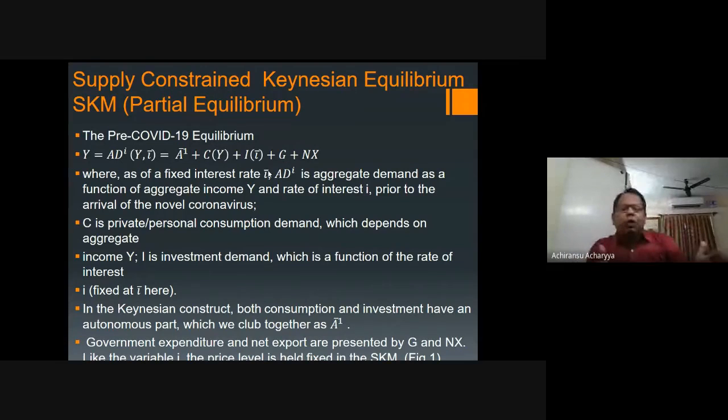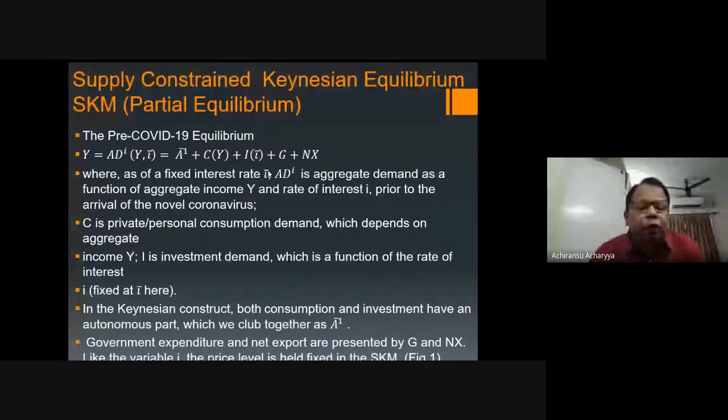So this is a pre-COVID equilibrium, right? Pre-COVID equilibrium is a normal simple Keynesian model. I'm just doing a simple Keynesian partial model equilibrium here. I'm not doing the complete Keynesian because I know you're undergrad students and many of you may not have gone through this earlier. So what I'm trying to do is look at aggregate demand as a function